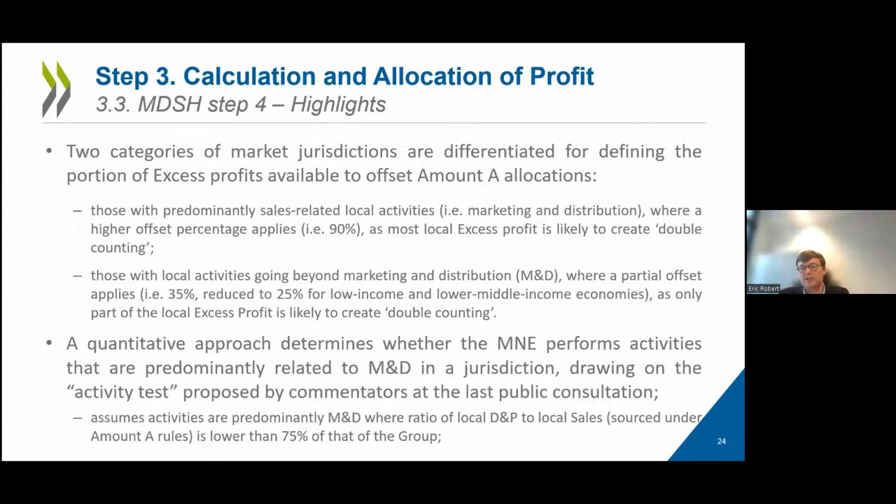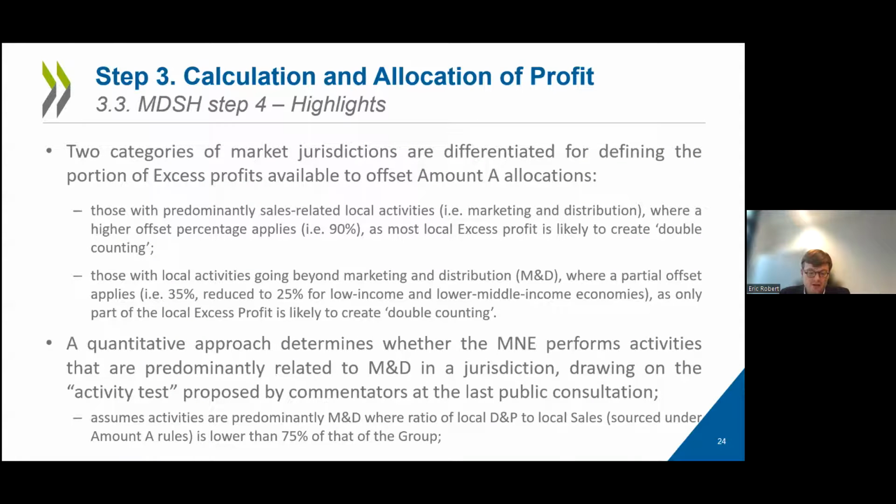And if that ratio at a jurisdictional level is lower than 75% of the average ratio of the group, a similar ratio, a group depreciation and payroll to group sales, then if you're below that threshold, the country, the market jurisdiction will be deemed to have predominantly marketing and distribution activities, and therefore would be subject to the